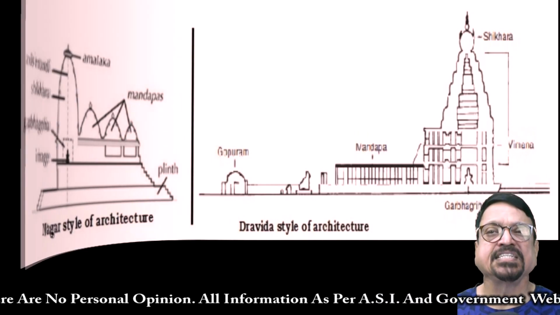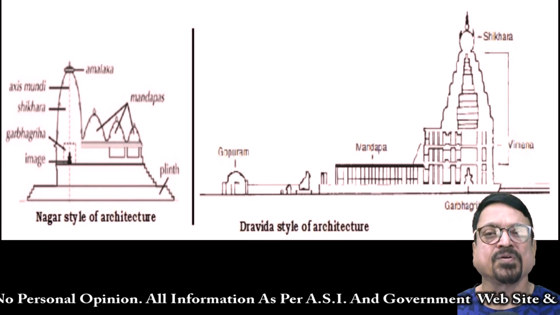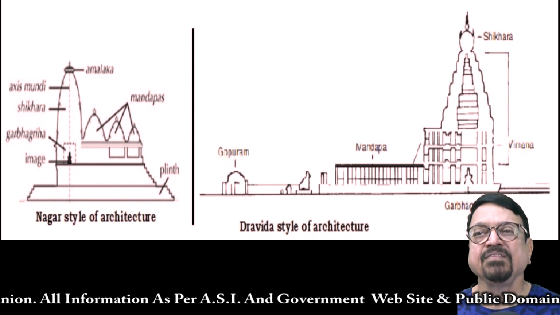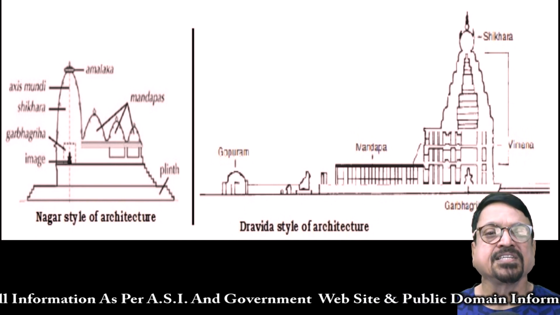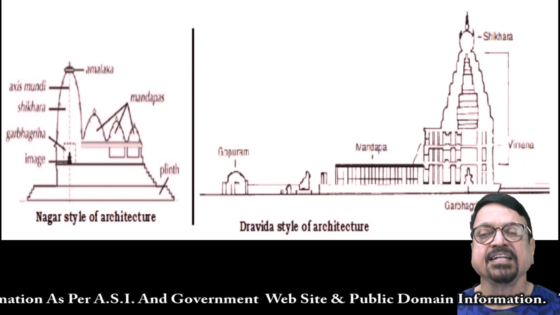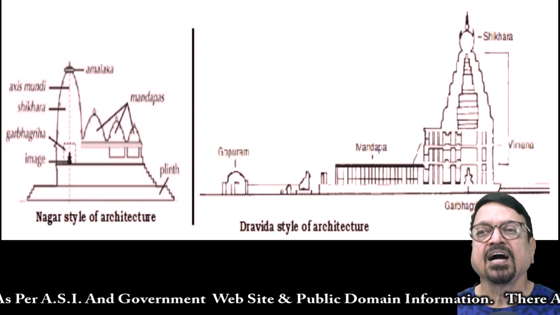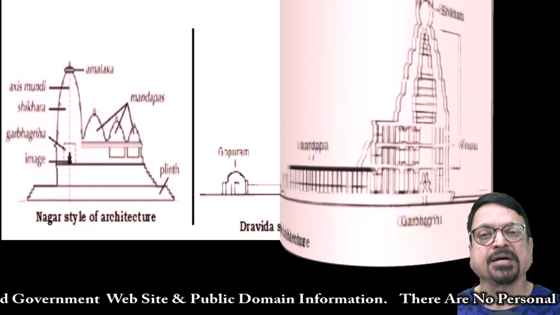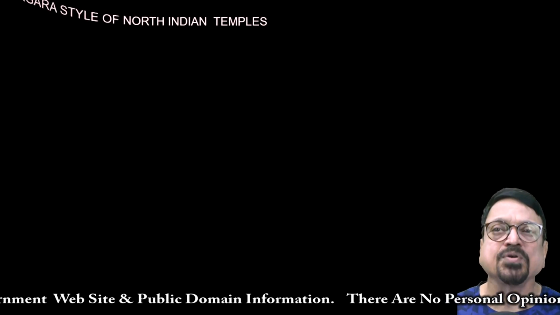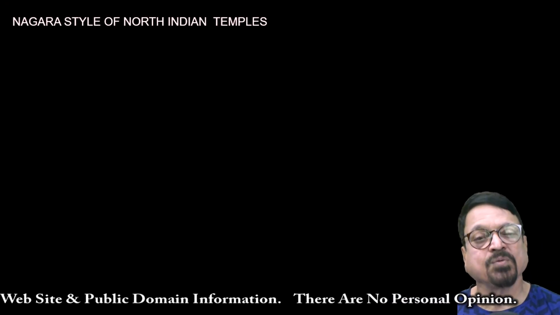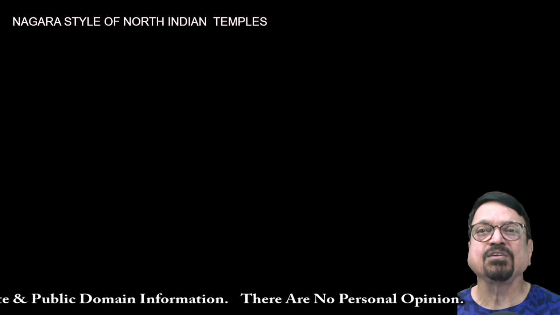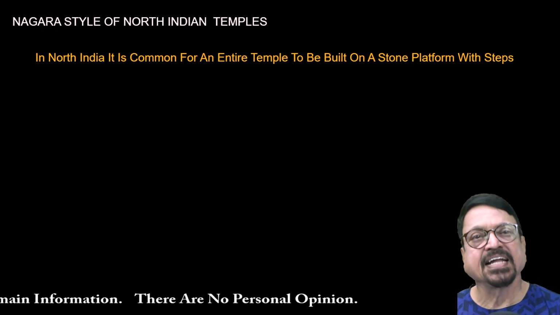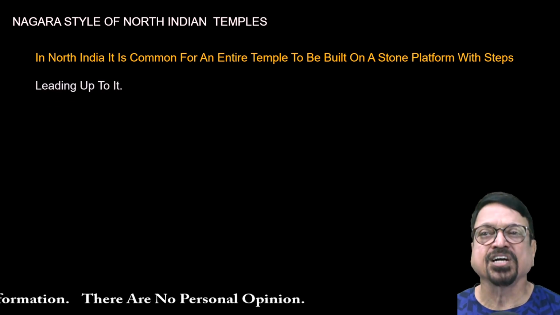Here we are seeing the Nagara style plinth. Then you can see the Vimana in South Indian style, then you can see the Amalaka, then the Shikhara in North Indian style. So also different types of mandapas. This diagram is shown again because we are going to see this pattern now. Earlier we saw the Dravidian style. The Nagara style of temple is common in North India. They started it. They are on a raised platform, that is Jagati.